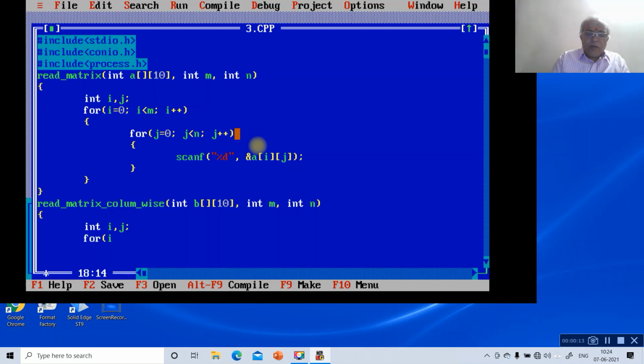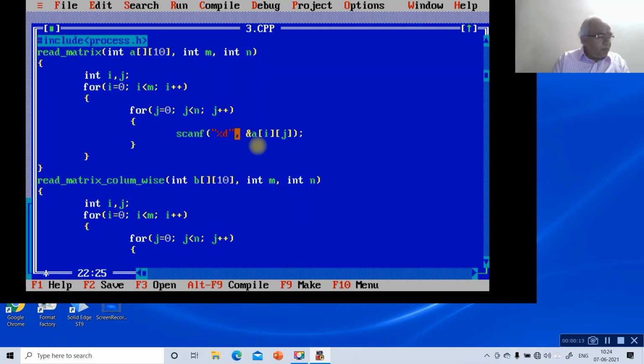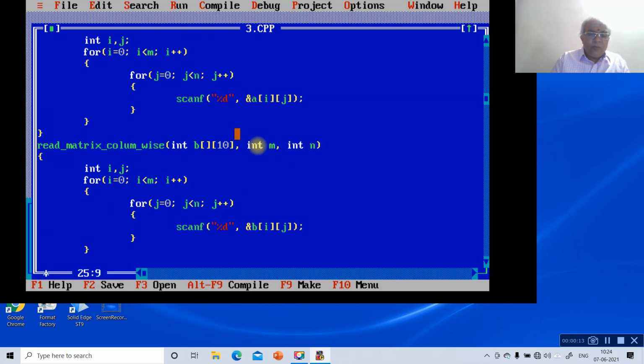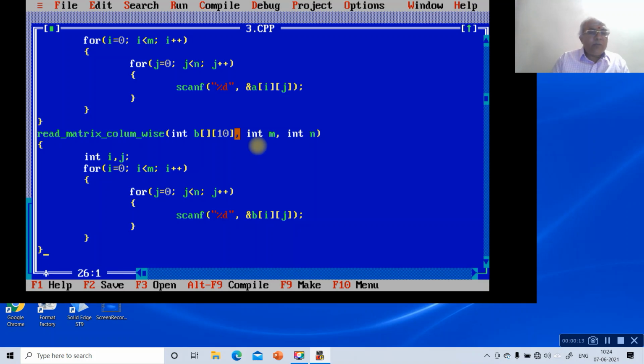Then for i = 0; i < m; i++, open the loop for j = 0; j < n; j++, then open the loop, scanf("%d", &b[i][j]). So we are reading the two matrices. Then close this loop, close this loop, and close the other loop.